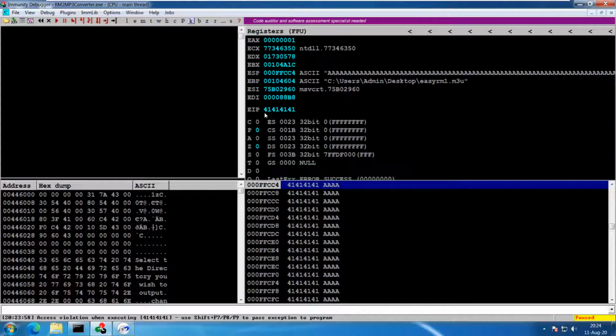EIP is storing the next instruction to be executed, and ESP is the topmost element of the stack, meaning the limit till which the application's stack has been assigned.